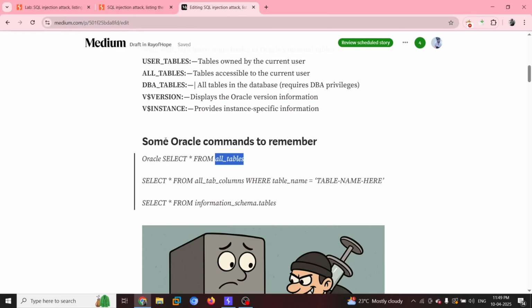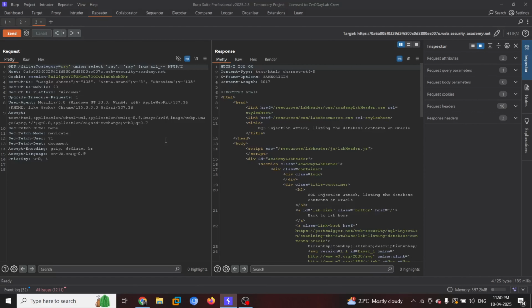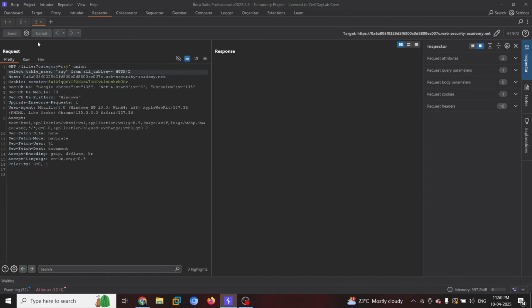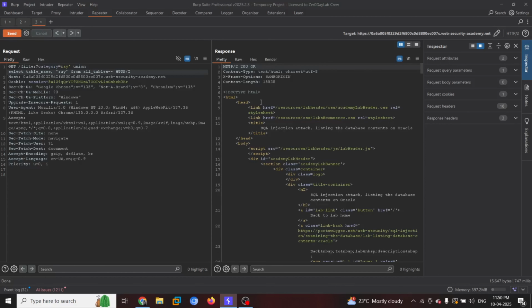So now we all know the table's name, that would be all underscore tables. What would we be getting out of this command? Once we are using all tables, we need to specify the columns as well. So over here, we would remove the first character that we used, and instead use table name, because in all tables ray is not there, that we are so sure. But a table name will be there. So once we send this, what response are we going to get? Oh, there you go. We have now 200.